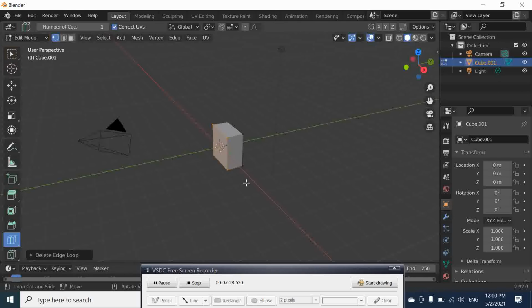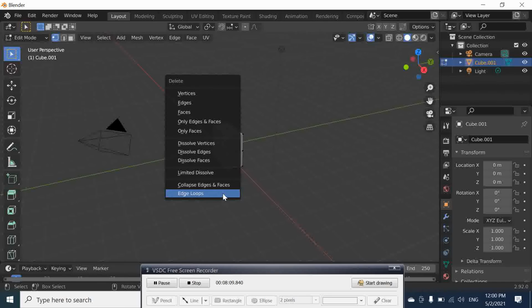If we click again here and put again the second loop cut, and select again this, do again Shift, deselect everything, go to selections here, Shift, that face is selected.